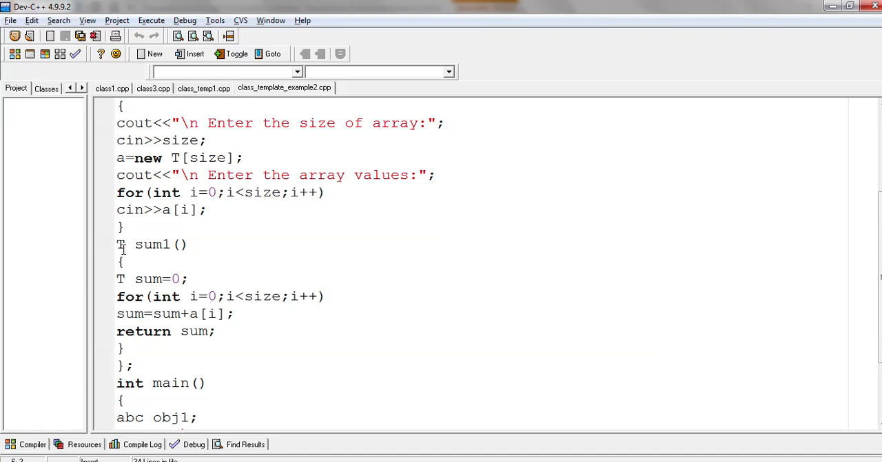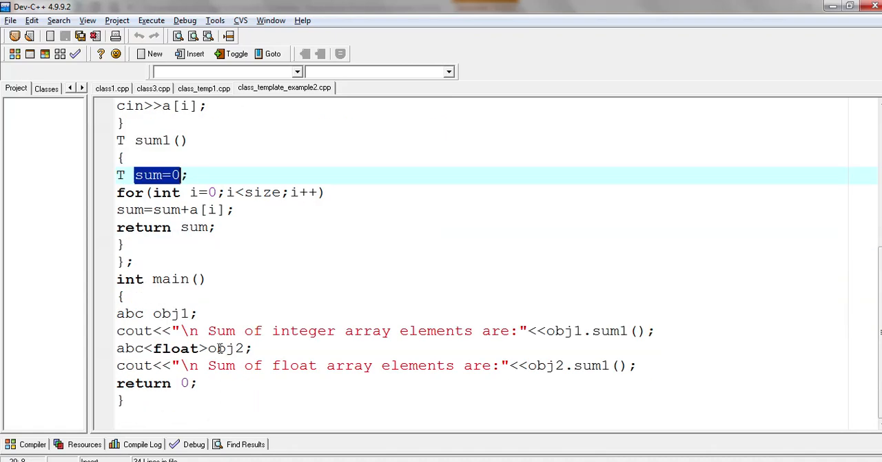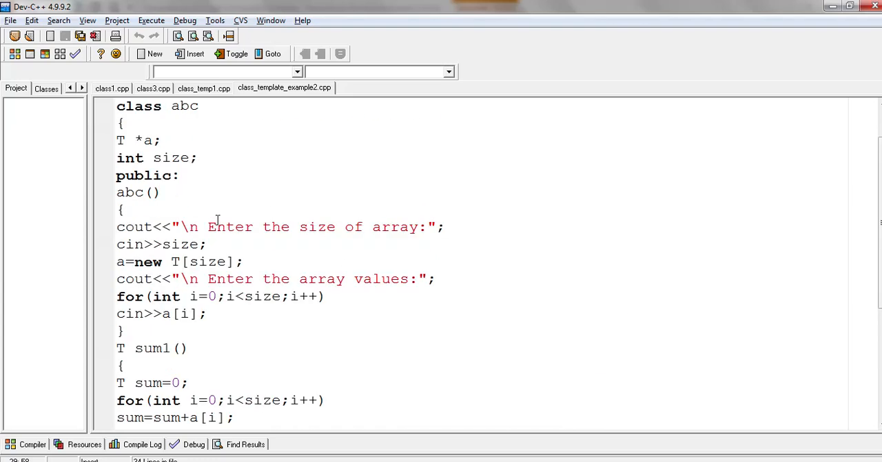Again returning a value of type T, sum, taking sum as 0, i = 0, i less than size, i plus plus, sum is equal to sum plus a[i], and return sum. Now I have taken an ABC object obj1 and another I have taken for the float type. So first it is going to take input as integer and second for the float. Now if I execute this program,